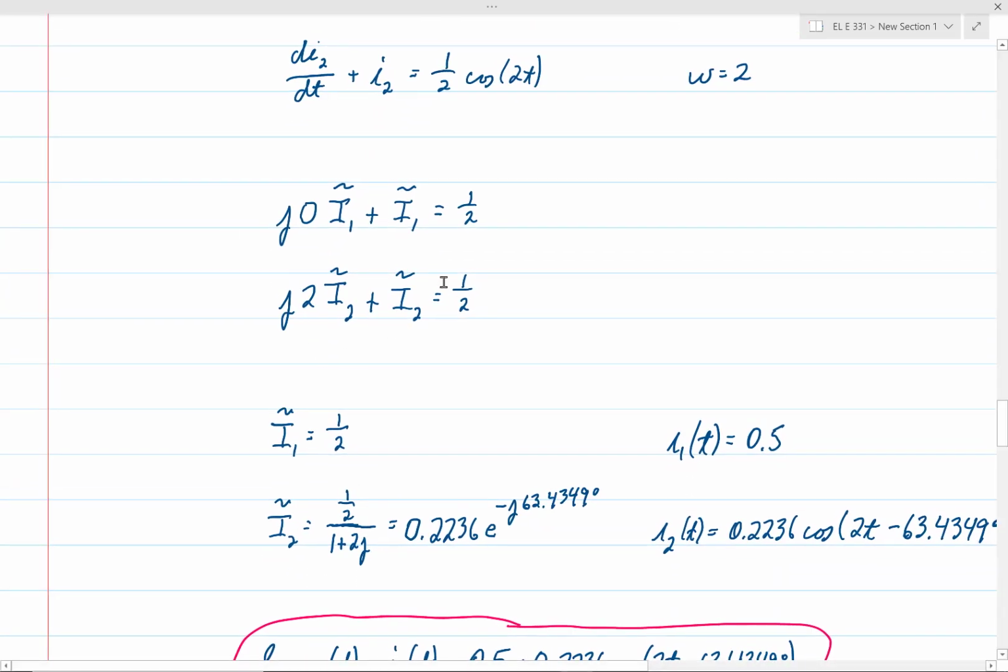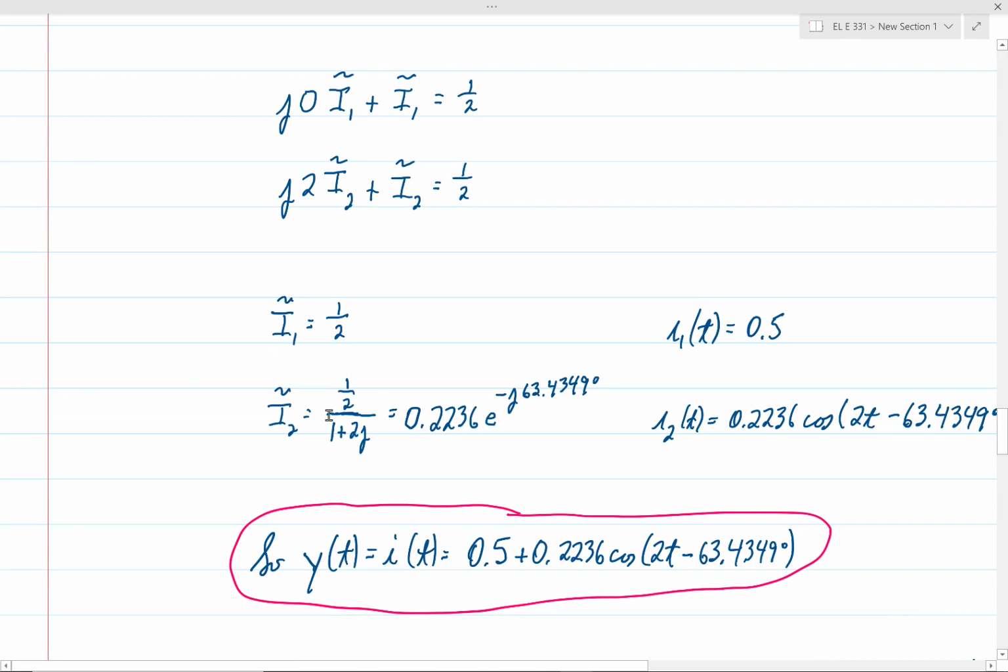So we immediately get that, because of the 0, this first term drops out, so I1 tilde is 1/2, which means that I1 of t is 1/2. On the other hand, if we solve this equation for I2 tilde, we get that I2 tilde is 1/2 divided by 1 plus 2j, and plug that into Wolfram Alpha, and that simplifies, you get the polar form